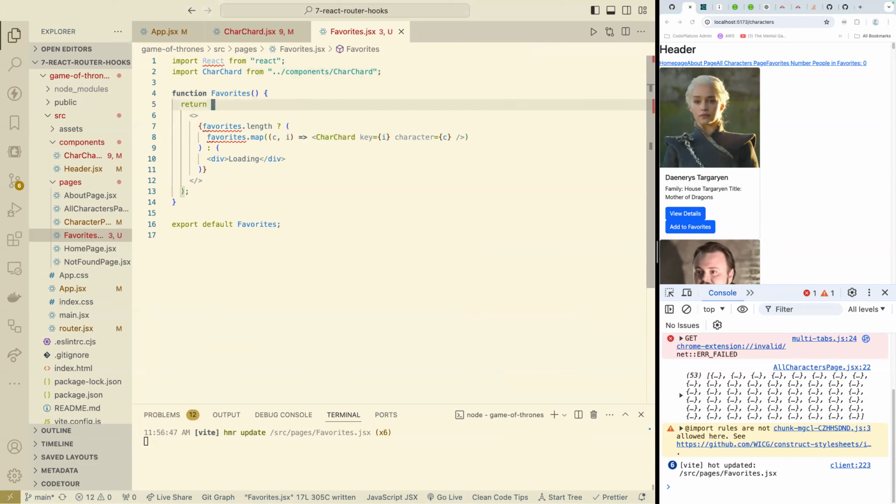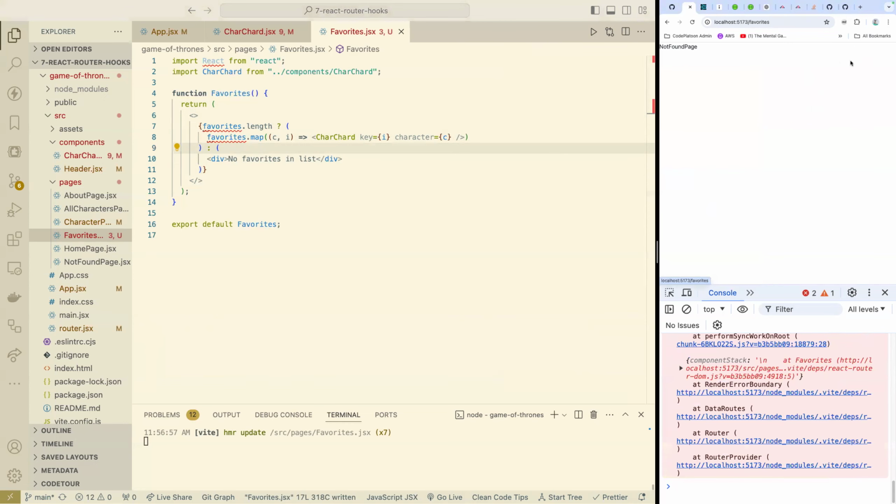And apologies for the jump there. I just wanted to do a little formatting. And so now we have an array of objects. We map through it, and we render each one as a character card to show that character. If there's nothing in the array, we say no favorites in list. So right now I should be able to go to favorites and